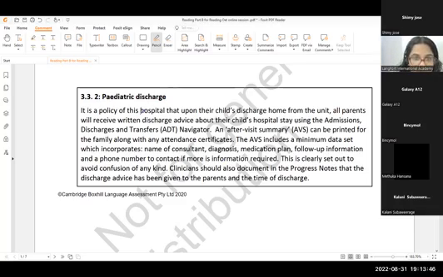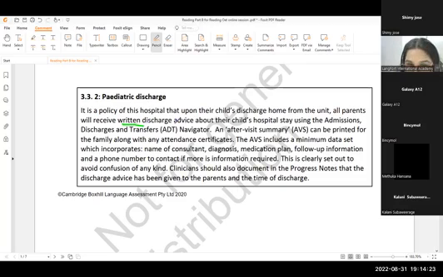It is a policy of this hospital that upon their child's discharge home from the unit, all parents will receive written discharge advice about their child's hospital stay using the Admissions, Discharge, and Transfers Navigator. Okay. It is a policy. So they are talking about a rule or policy of this hospital that after you discharge the child from the hospital unit, the parents of the kids will receive